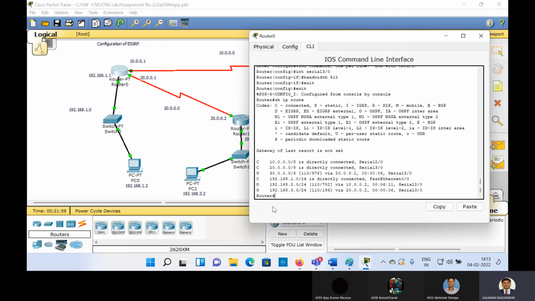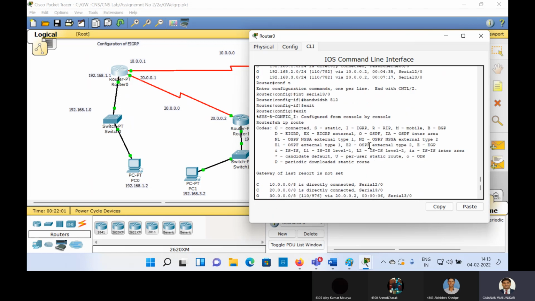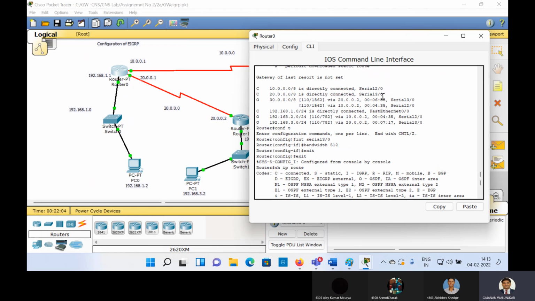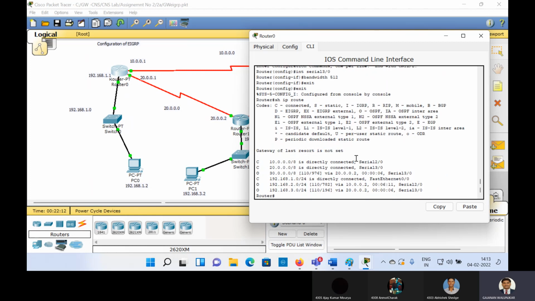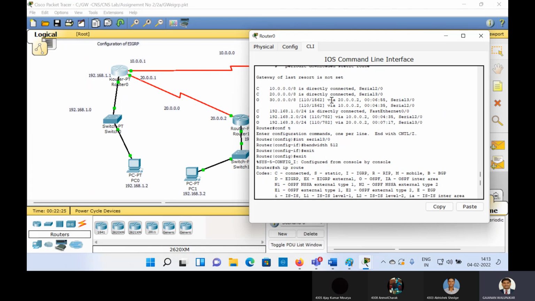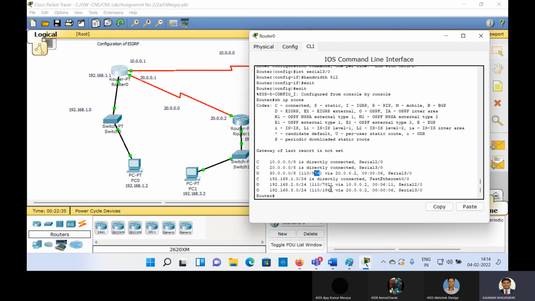So here, see, we have changed the bandwidth of this particular serial route. Here serial 3/0, for this network, we have changed the bandwidth to 1562, right, from some other value. Now see here, the change is there. Earlier it was 102.976, but because of the bandwidth change, look, the cost 72 has come here. What was the cost of 30.0? Look, now the route will also change, and this value is coming 976. Now for 2.0 3.0 initially the values were 782, but when you vary the bandwidth, now this